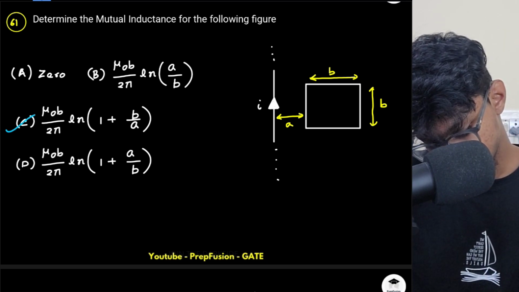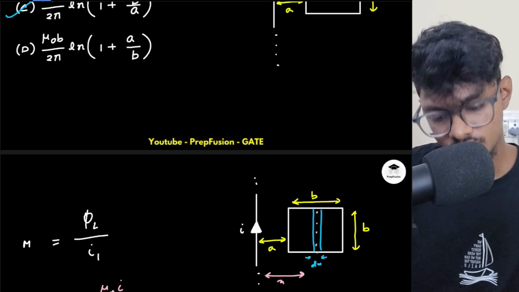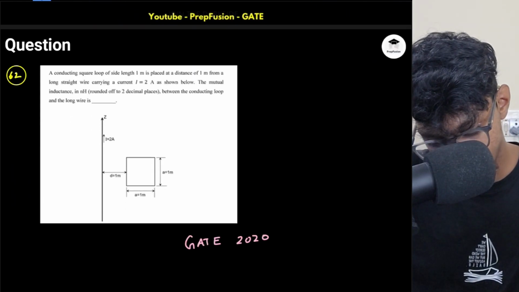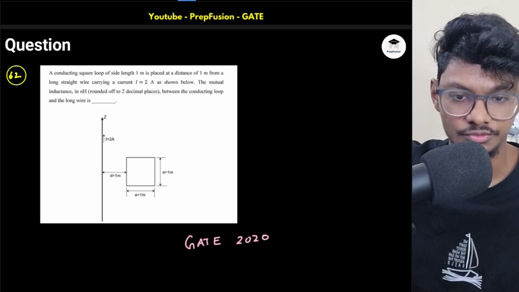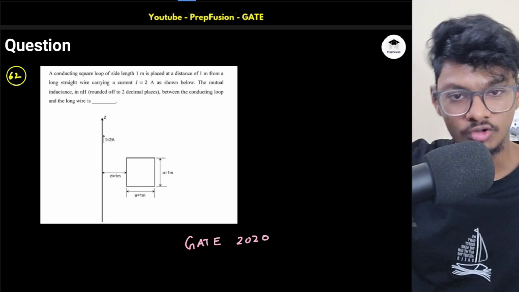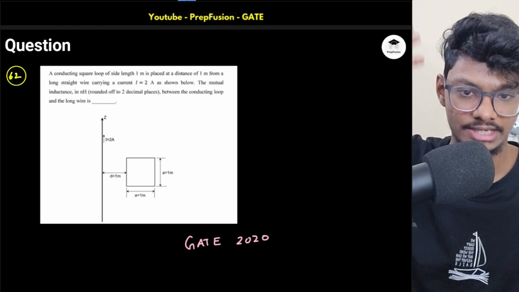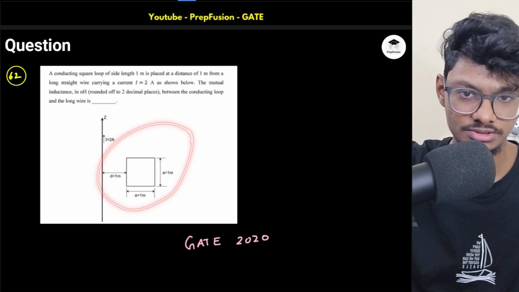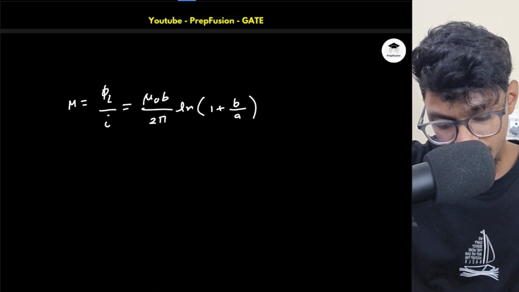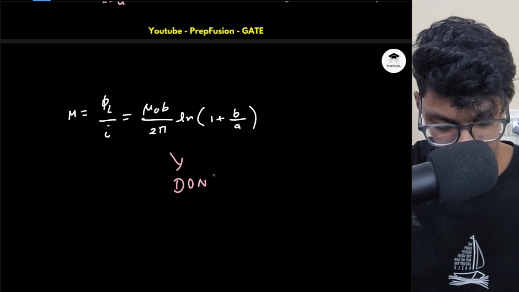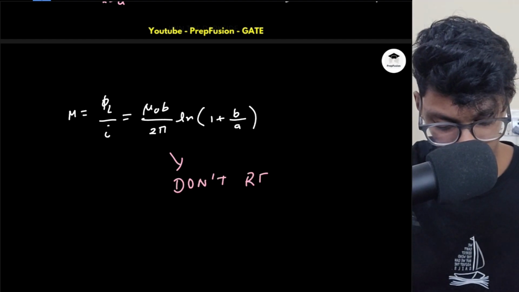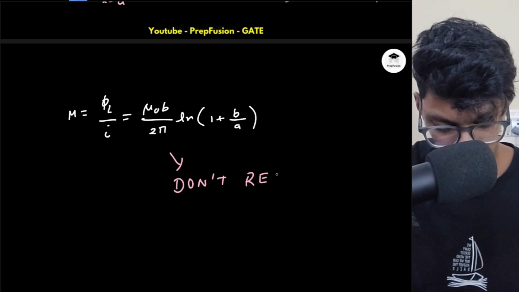Now I wanted to do this question. This question came in GATE 2020, so very recently. You must do this question. The same concept, exactly ditto the same concept has been asked, just here they have put the values. So in the examination hall, will you remember this formula? Don't. I am telling you in bold words, don't remember. They want you to derive,